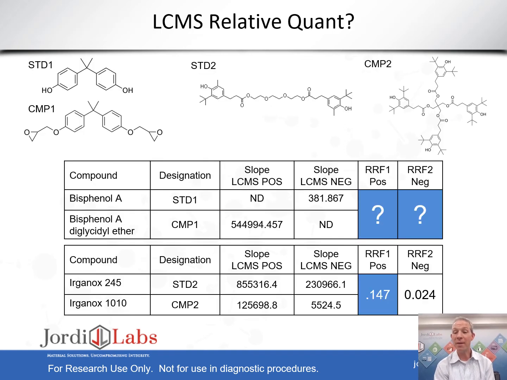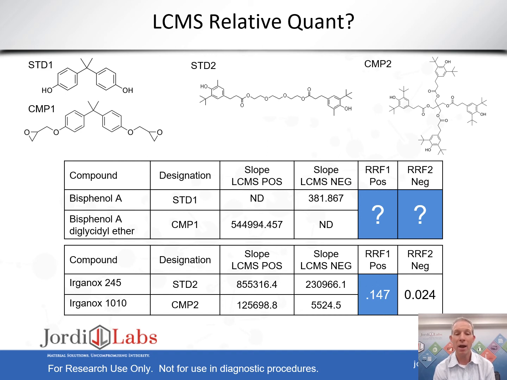All right, now I mentioned a minute ago that we did not use the LCMS for relative quant. Why? Well, the reason we did not is that it is our belief that we cannot adequately correlate the choice of a surrogate standard with the appropriate target compounds based on chemistry. And so when we look at these same examples we did just a minute ago using LCMS, we see that